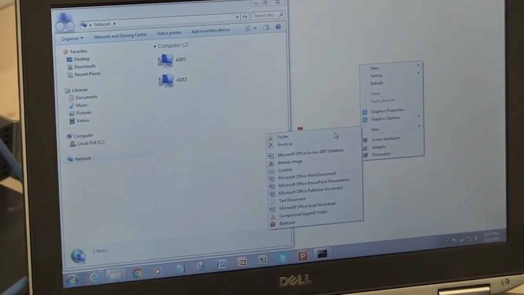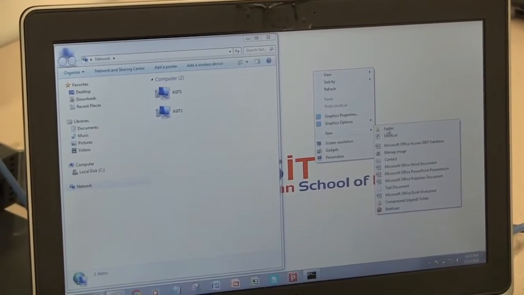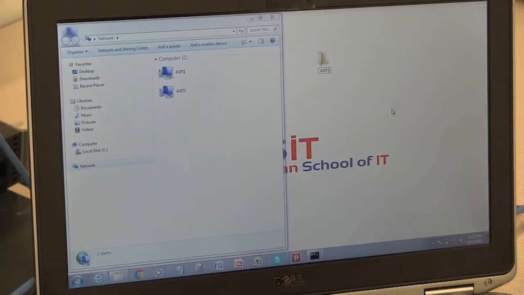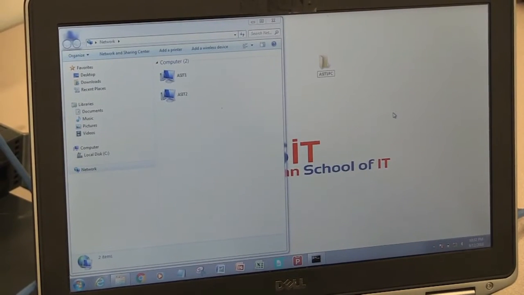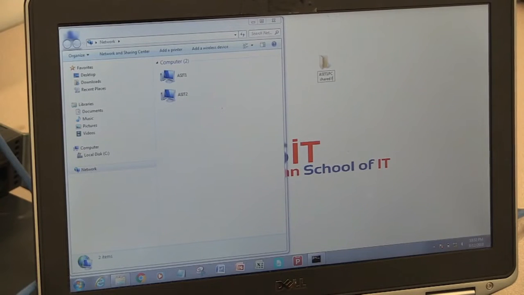So create a new folder by right clicking on the desktop, new, and folder. So we're going to call this folder ASIT1 PC. So ASIT1 PC shared folder. That's what we're going to do. Same thing. We're going